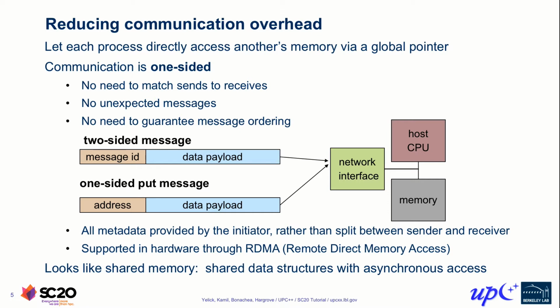And you may ask, well, are network interfaces smart enough to do this? And the answer is yes. All of the exascale and pre-exascale machines, but also any kind of an InfiniBand cluster, most hardware is going to have support for remote direct memory access. This allows us, by the way, to make the machine, even though it's physically got distributed memory, look a little bit like shared memory. It means that we can have shared data structures with asynchronous access to them. And we'll see what that looks like in a minute when we start putting together the programming model, UPC++.